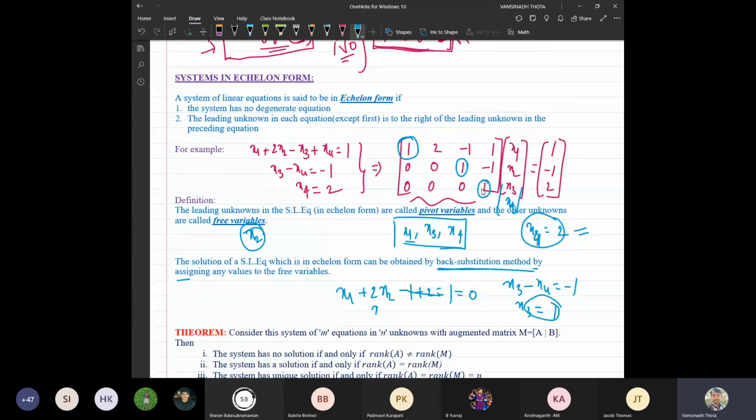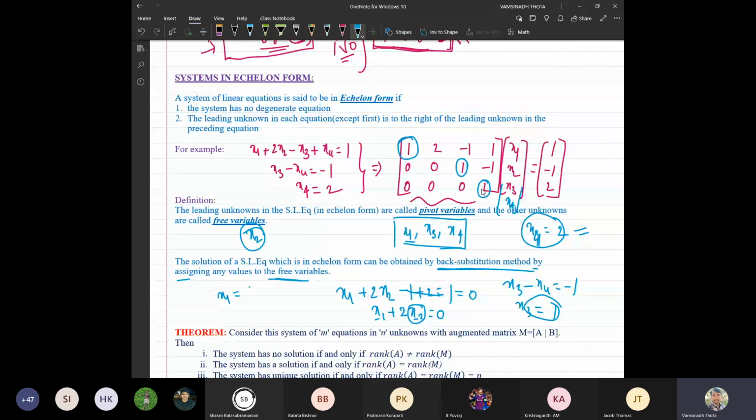So now, are you getting any direct values for x1 and x2? You are not getting direct values. You got a relation, x1 plus 2x2 is equal to 0. Any scalars which satisfy this equation can be considered. So which one do we need to take? By taking x2 as a parameter. Why? Because x2 is the free variable, and since x2 is the free variable, by taking x2 as the parameter, you can write the solution.